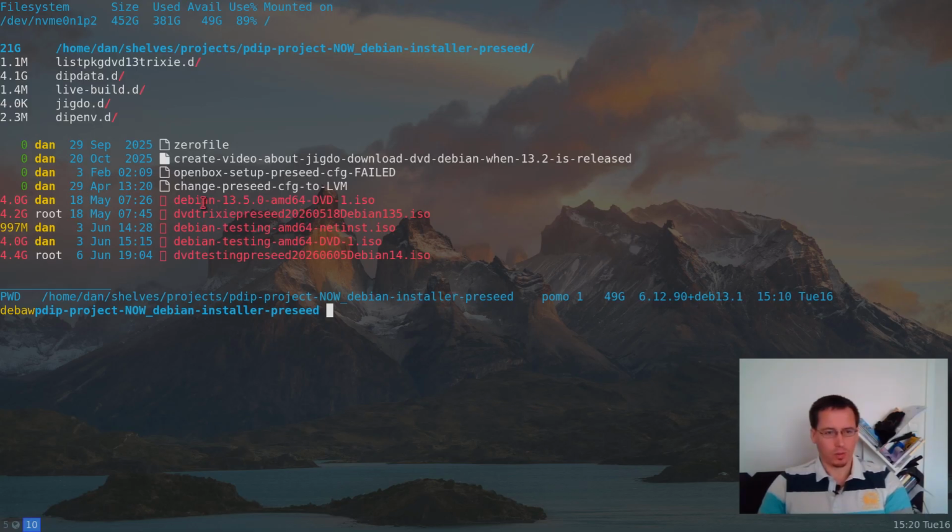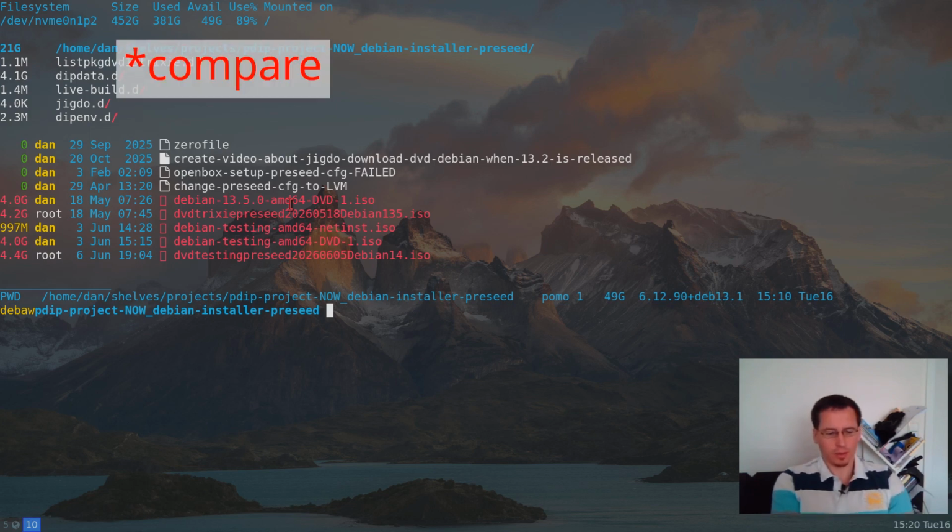But we want to download the original Debian DVD, and for example, you have the 13.5 DVD, and the next point release comes up, and you could download the 13.6. Then you don't have to download the full DVD again. You can use the jigdo download, and then you mount the DVD you already have downloaded, and the jigdo download is comparing